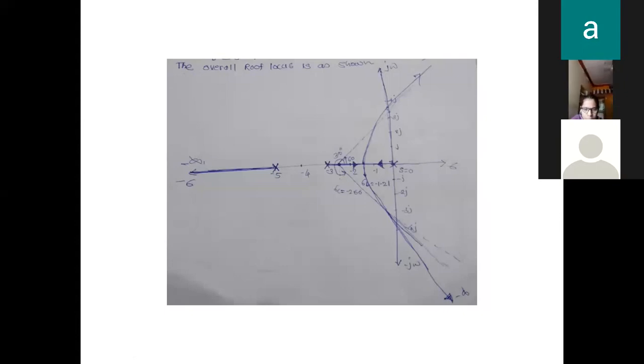It must intersect, no? Because whenever the root locus leaves the real axis, it will follow the asymptote. Now, as you are having the line drawn at 60 degrees, obviously this 60 degree line is crossing the imaginary axis. Again, the line drawn at 300 degrees is crossing the imaginary axis. So your root locus must cross the imaginary axis. Are you getting? Yes. So obviously your root locus must cross this imaginary axis. So these are the points, and that K marginal or that j 3.87 is nothing but the omega value, that is the j omega crossover frequency.